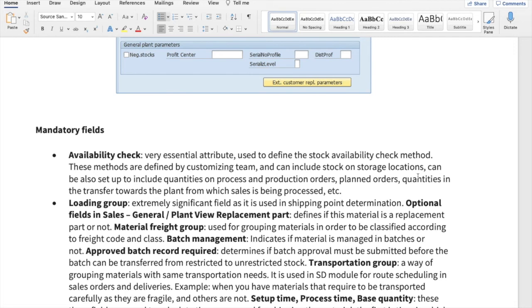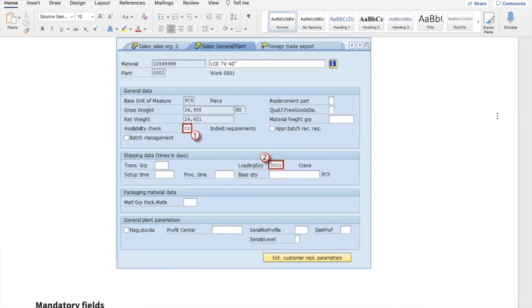If you maintain a value in this transportation field, it will help you. In the background you can maintain a table, so that, let's say, 0001 can be transportation by ship, and automatically the system will understand which transportation group has to be selected.